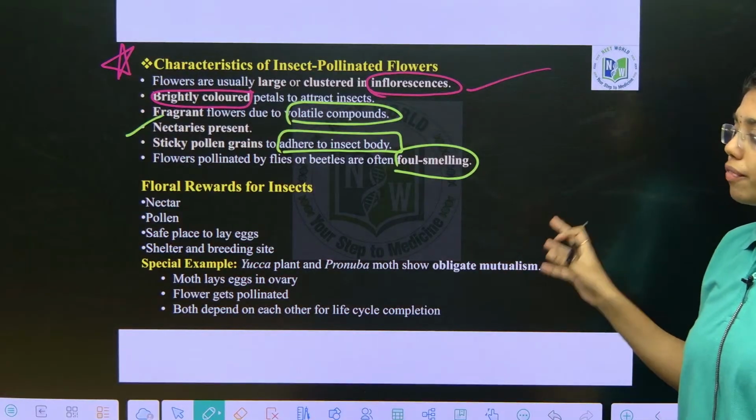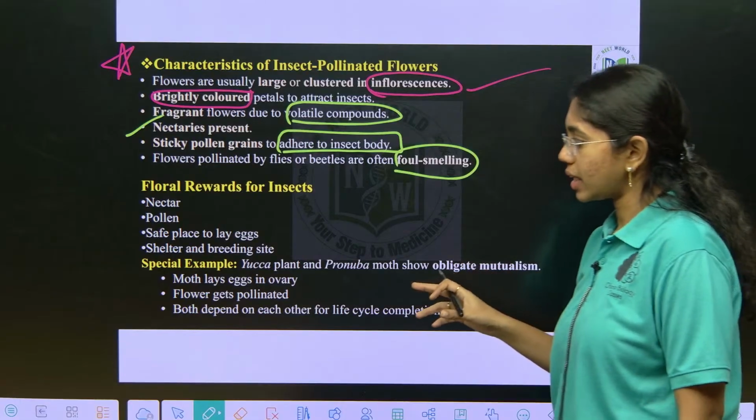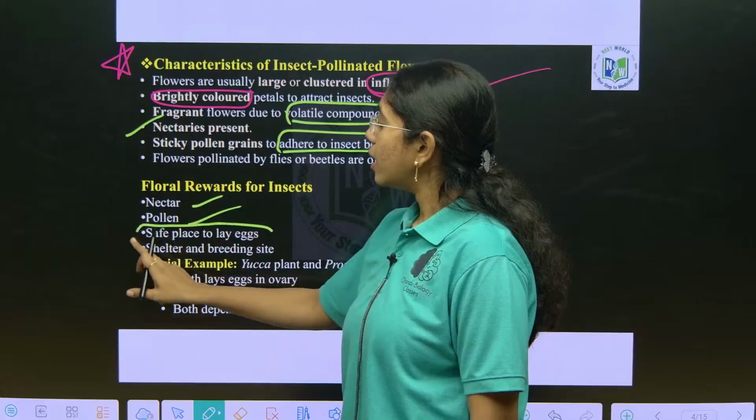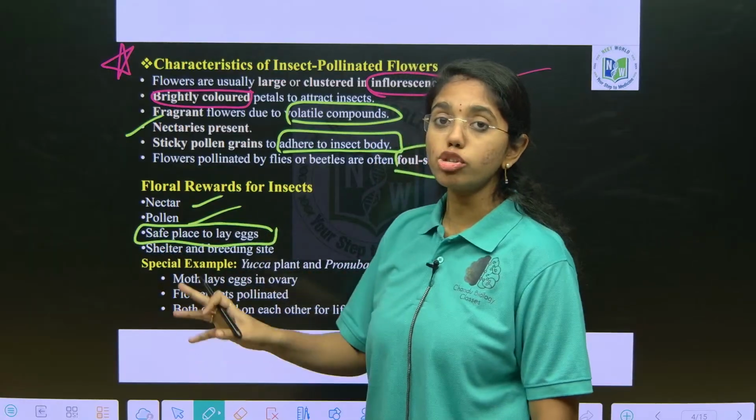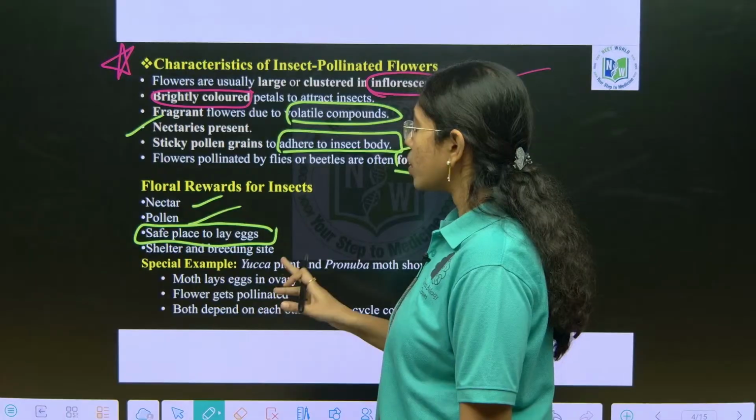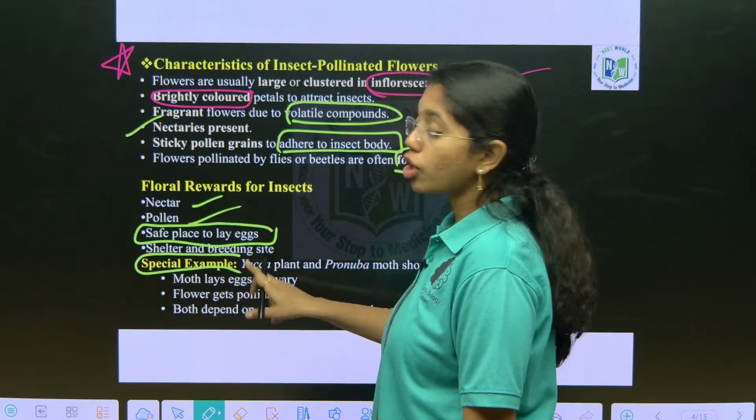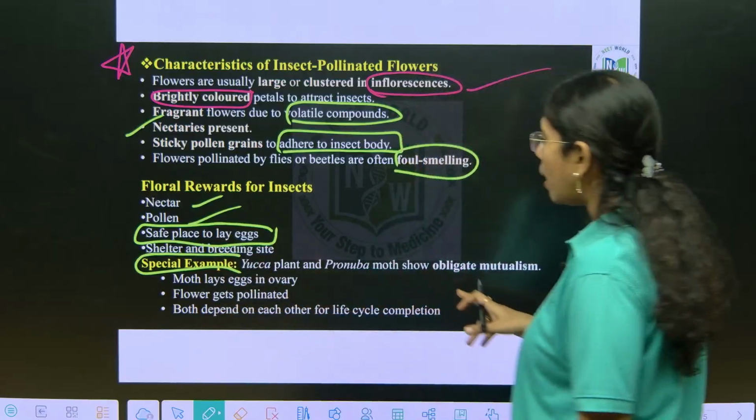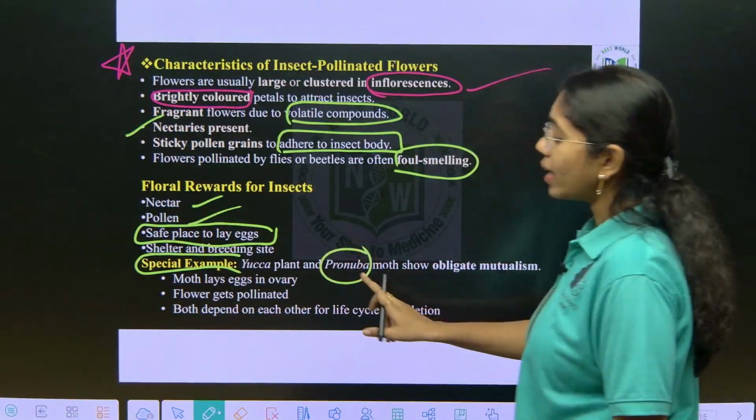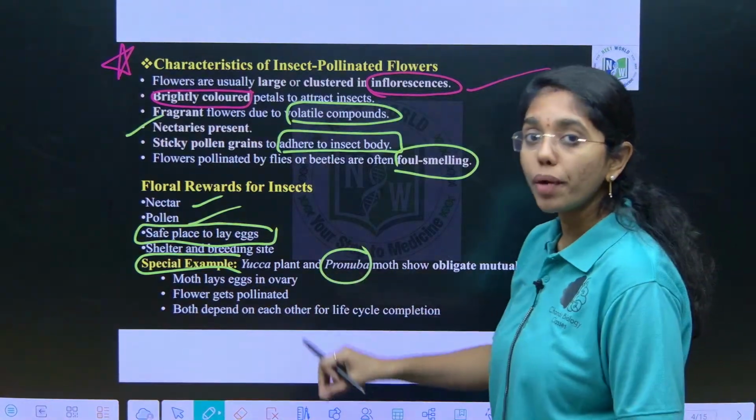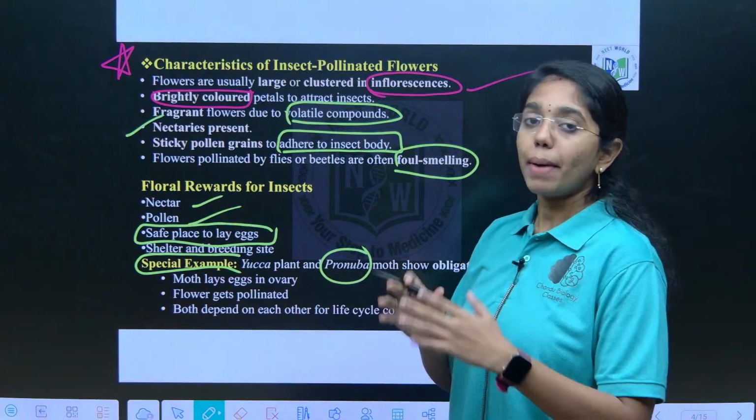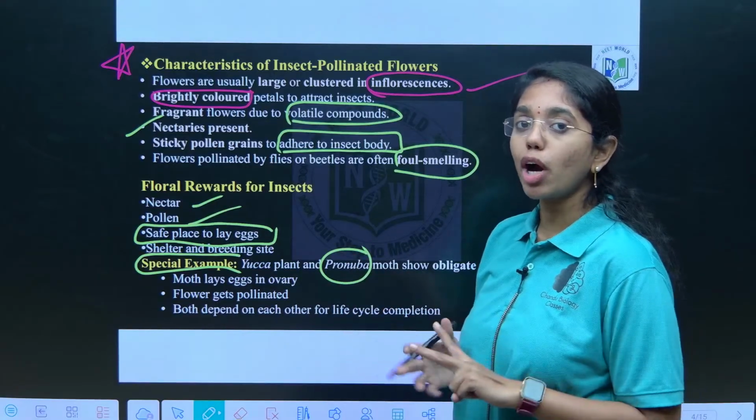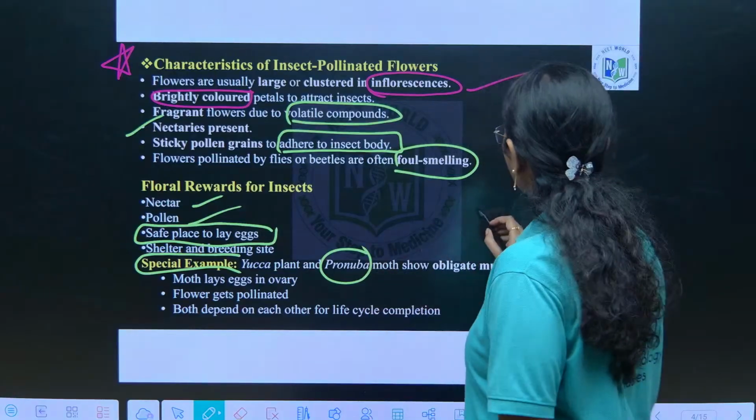Foul smelling. Flowers which are pollinated by flies and beetles are foul smelling. Floral rewards of insects. What are the floral rewards of insects here? Nectar is one floral reward, pollen, and the ovary will be the safe place for a few insects to lay eggs. A special characteristic feature is the yucca plant and the Pronuba moth. This moth lays eggs in the ovary of the yucca plant. Parallelly the yucca plant gets pollinated. So, it is a mutualistic or symbiotic association between the Pronuba moth